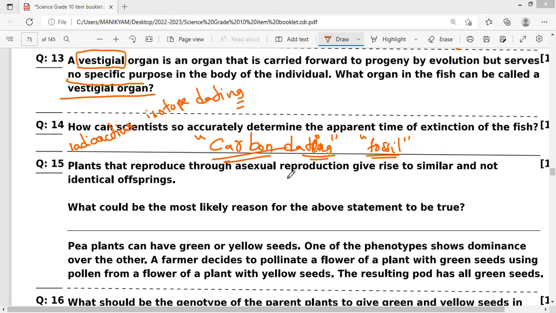Plants that reproduce through asexual reproduction give rise to similar but not identical offsprings. So what would be the most likely reason for the above statement to be true? Anybody? Similar, not identical. Errors in DNA copy. Yes. So even